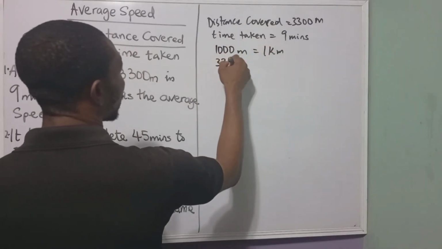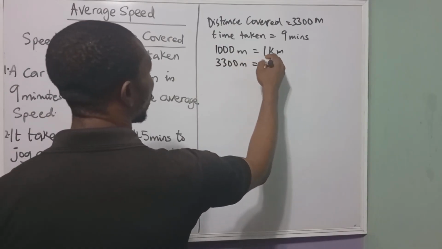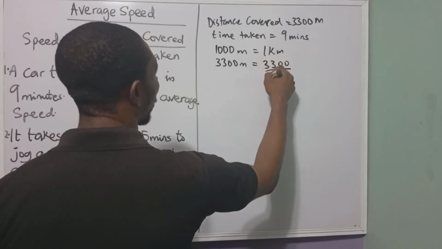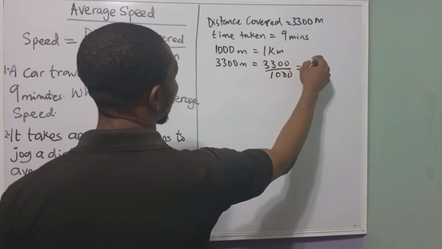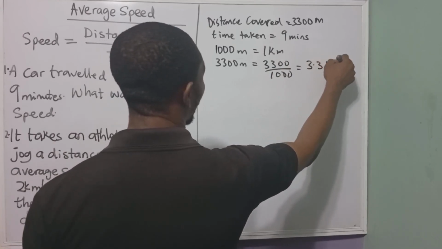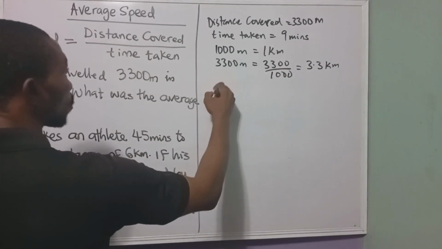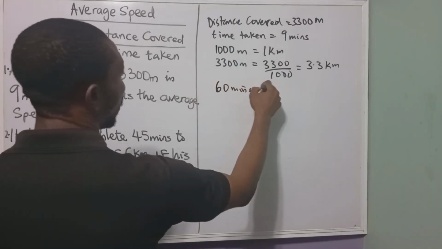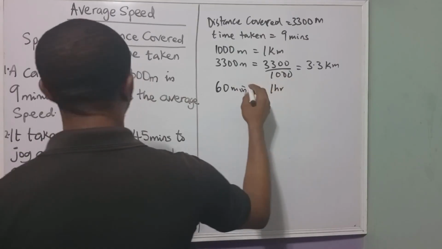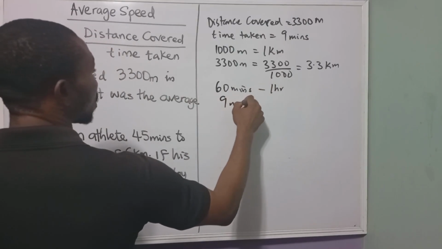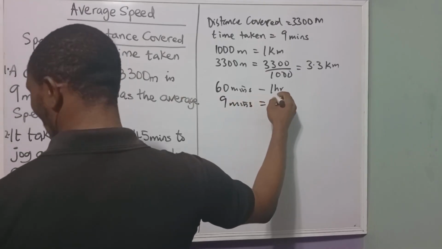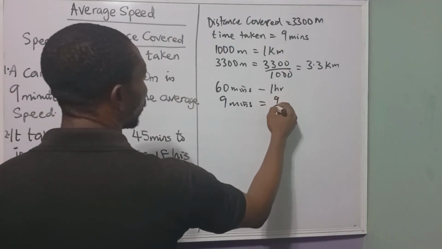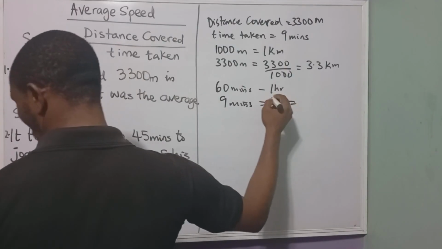So 3,300 meters will give us 3,300 divided by 1,000, which gives us 3.3 kilometers. And we know that 60 minutes make 1 hour, so 9 minutes would be 9 divided by 60, 9 over 60, which gives us,